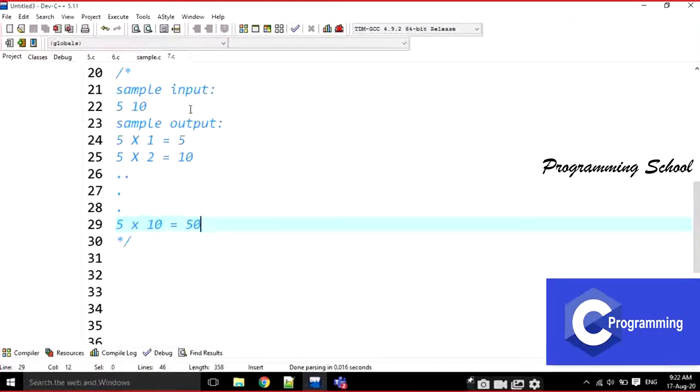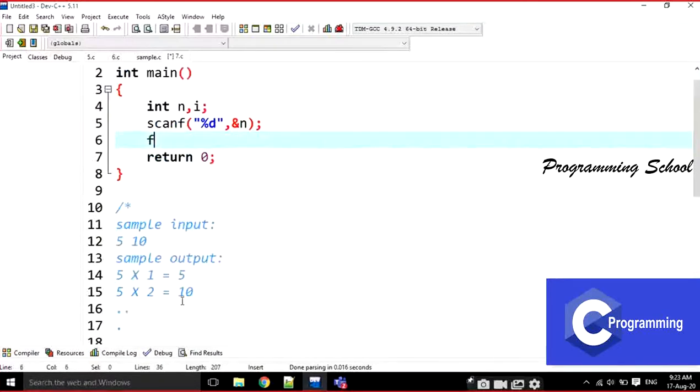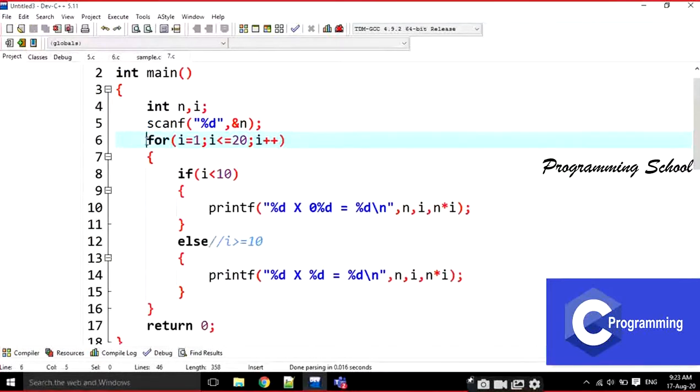Okay, look at my program again. How many variables am I going to read here? I am going to read two variables, that is n comma r. Okay, n is the number and r is the range, and I am going to read two values, percentage d, like this.